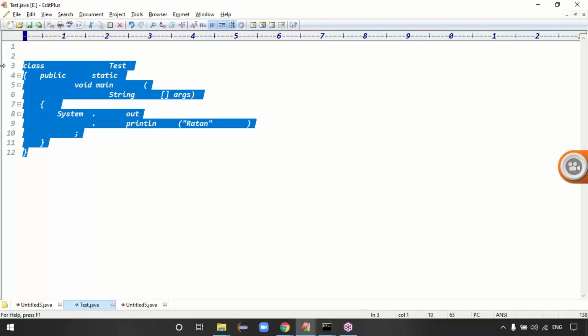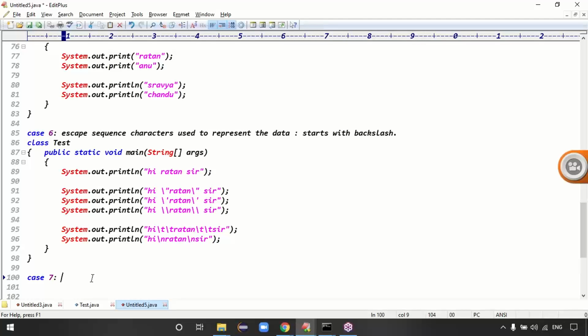So then what is the conclusion here? What do you mean by token, guys? The smallest individual part of the application. The smallest individual part of the application is called token, right? It's called token, guys.